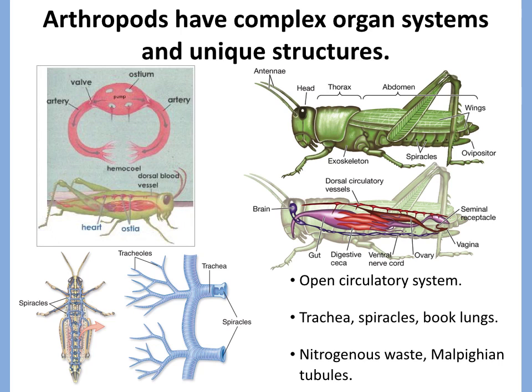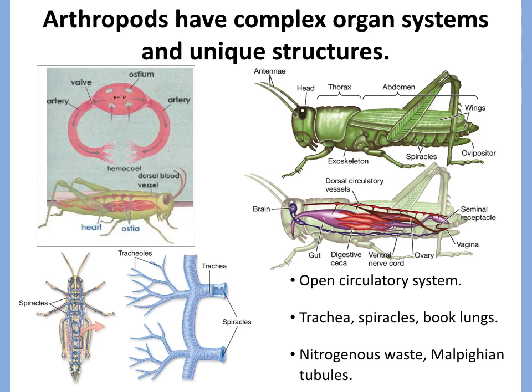And just like with the trachea, they're not actually distributing oxygen, and there's not a relationship between the blood and the delivery of oxygen. But as you can see, they have this open circulatory system. They have trachea and spiracles together. Some other arthropods have what we call book lungs, which are a different way to distribute oxygen that are used